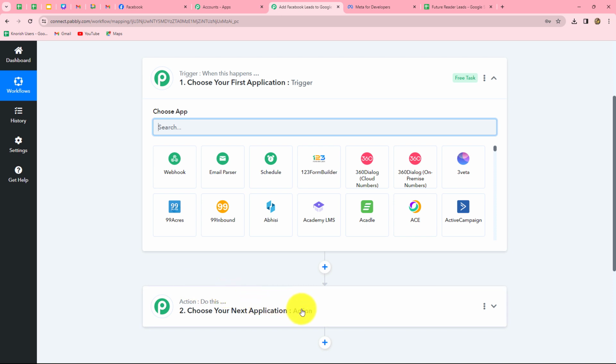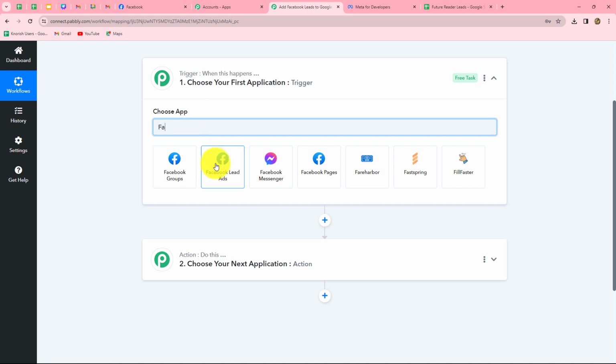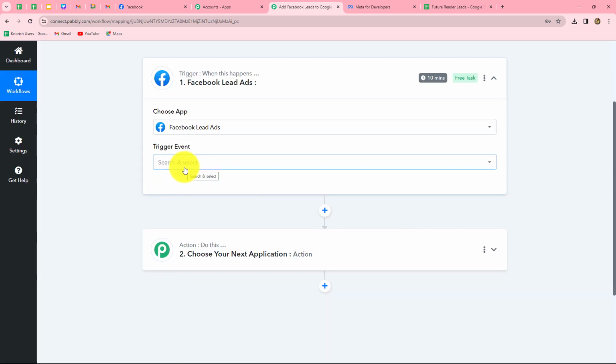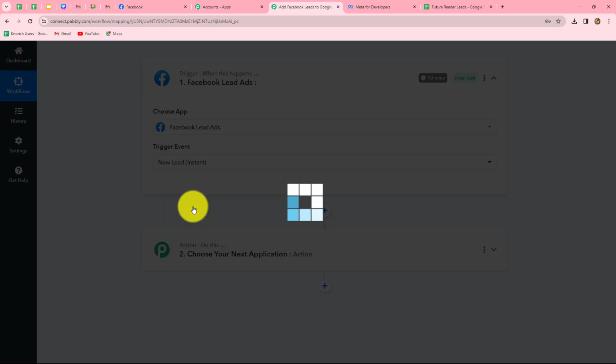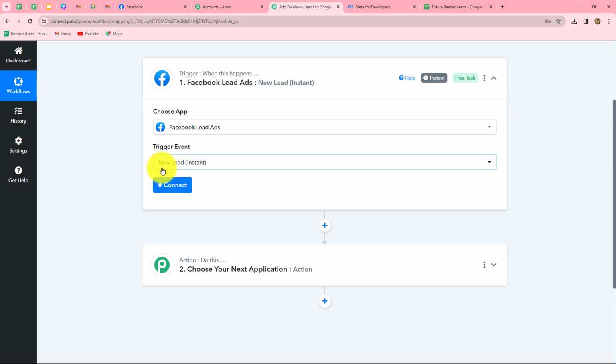Okay, now after understanding this concept, let's start creating this workflow step by step. First of all, we will select our trigger application, and that will be Facebook Lead Ads. So let's select it. The next is a trigger event. Now what is a trigger event? A trigger event is the event on the happening of which the workflow is going to start. So here our trigger event will be New Lead Instant, as we want that as soon as a new lead is generated, the response of that lead should instantly be captured here,